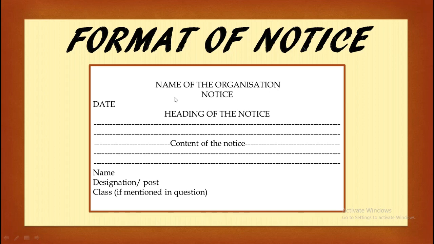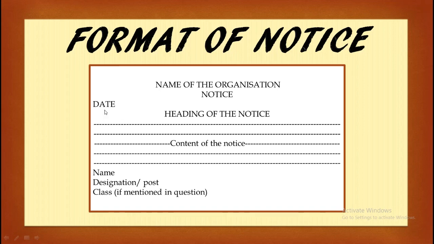Now, the first thing will be the name of the organization, where this notice is supposed to be put up or who has issued this notice. For example, if a school has issued it and it is going to be used by the students or teachers of that school, we'll use the name of that organization. Or if it's in an office or some other place, maybe a society office, wherever this organization is, you will write the name of that organization. Then we come to the word notice. So everyone will get to know that it's a notice by the use of this word notice. This is part of the format.